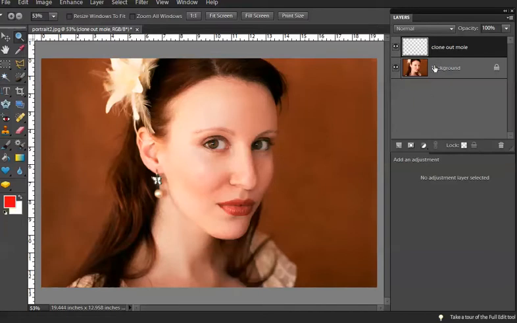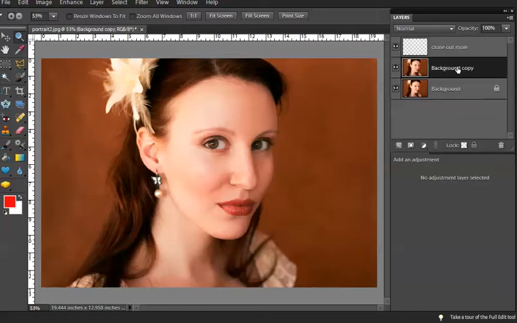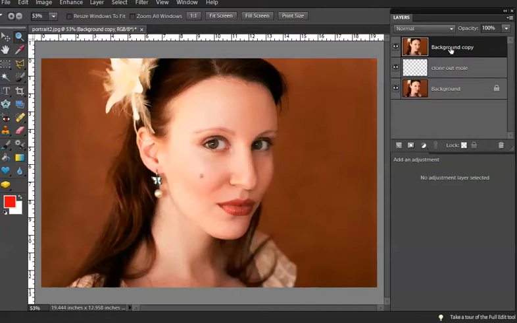So what we're going to do is drag the background layer and make a copy of it, and make sure that it's above. Drag it above so that it's on top, and I want you to title this Gaussian blur. Okay, so type in Gaussian blur. It's on the top,